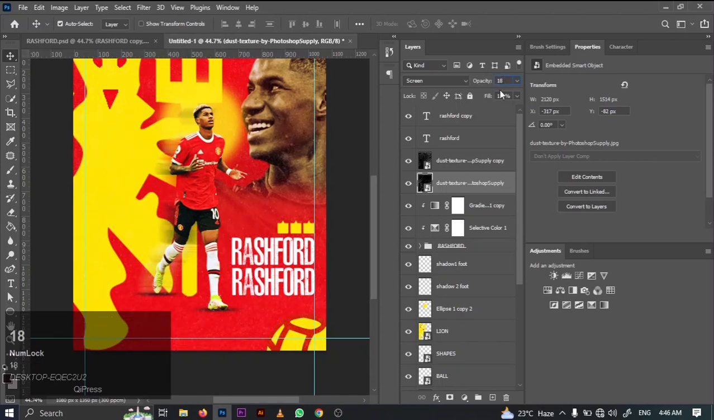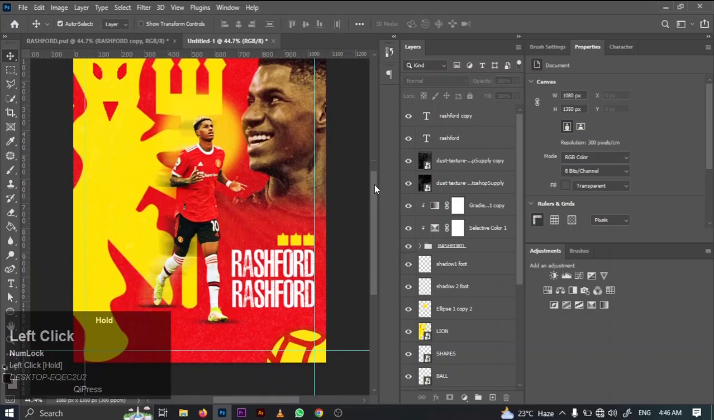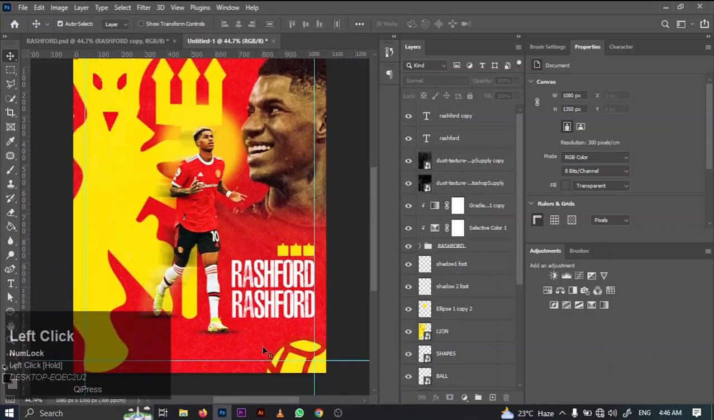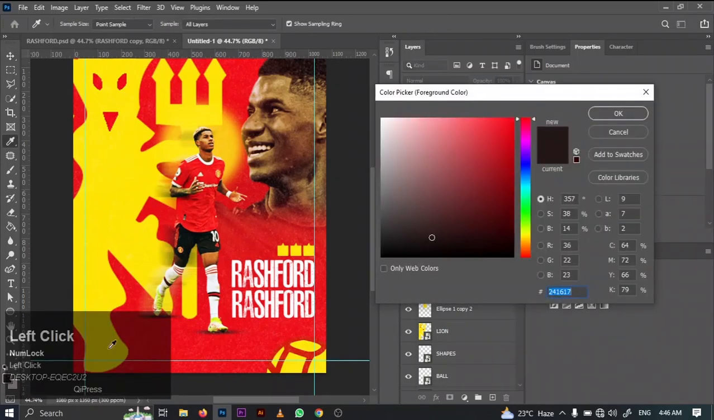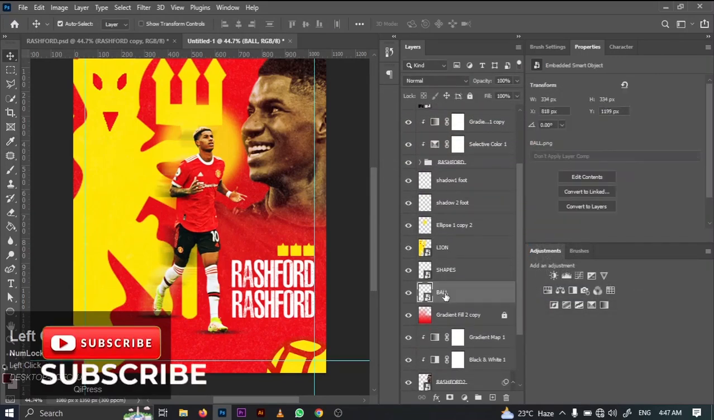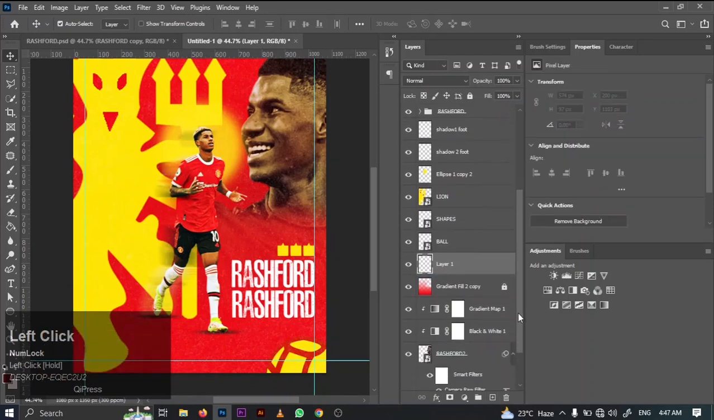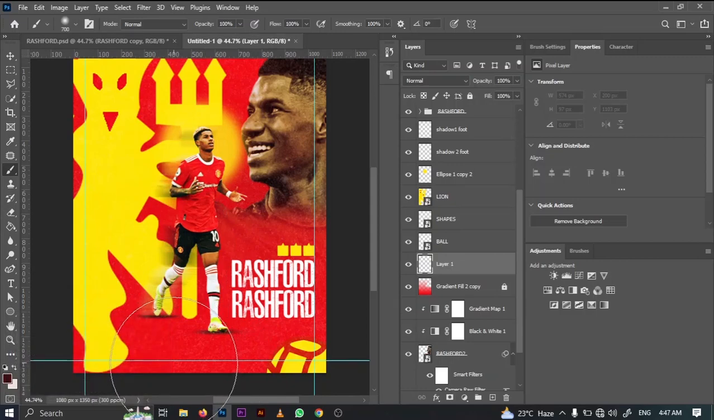Alright, let me increase this. Alright, so this is it. The last thing we're going to do is add a shadow here. Click on this layer, increase this, make it darker. Then I will go below this ball, add a new layer below it, and drag this one down. Then I will click on my brush tool, increase the brush size,